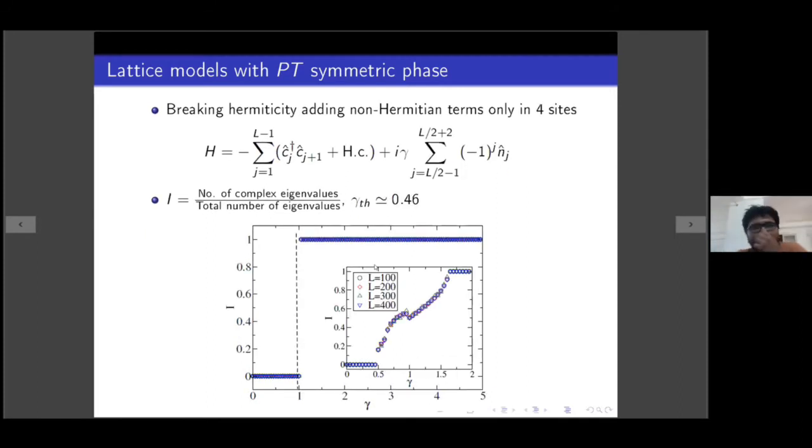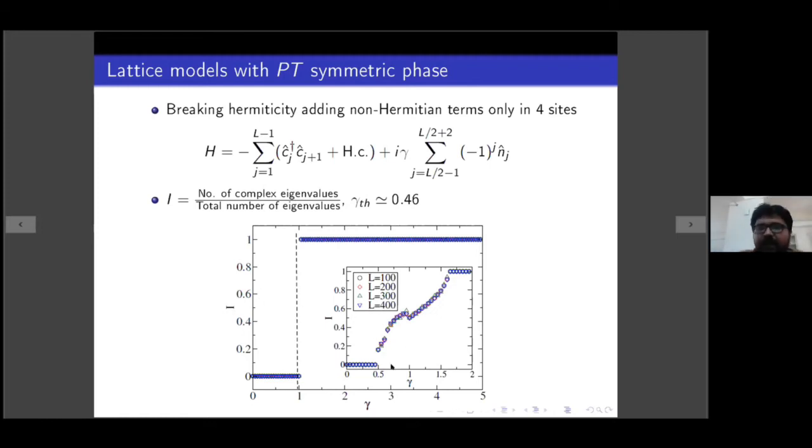Okay. So then we play around even more. We just added one more term in the on-site potential. Before, I added on-site potential on the L by 2 site and L by 2 plus 1. Now I added two more. So now I have 4 sites which have this particular type of chemical potential. And now you see in the inset, even if you change your total system size, you see a nice PT symmetric phase where your I is 0. And also in the large gamma limit, you see your I is 1. I mean, this parameter is 1.